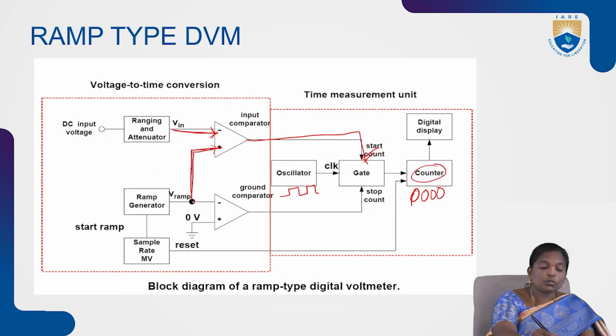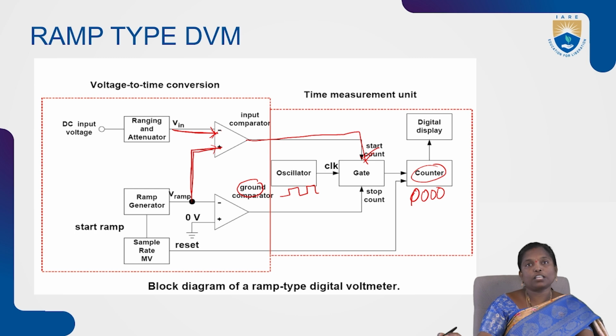Whenever it reaches 0, the second comparator, or ground comparator, will start working. Now the ground comparator: here the negative going ramp signal is equal to 0 volts. Then the ground comparator gives the signal to stop the count. As the count is stopped, the gate will be closed and the clock pulses passing through the gate will be